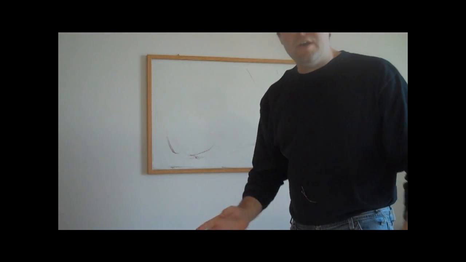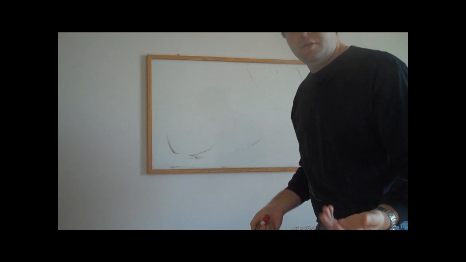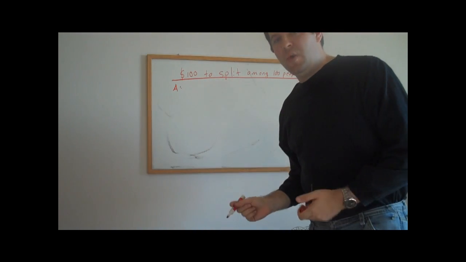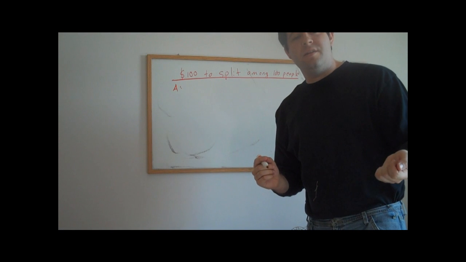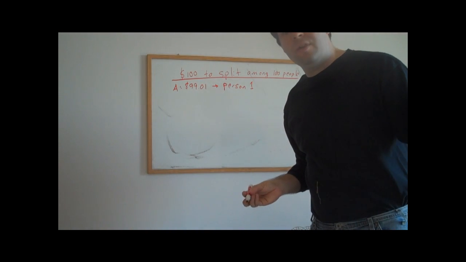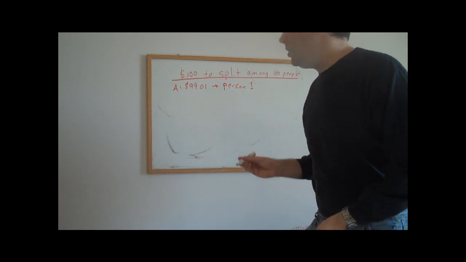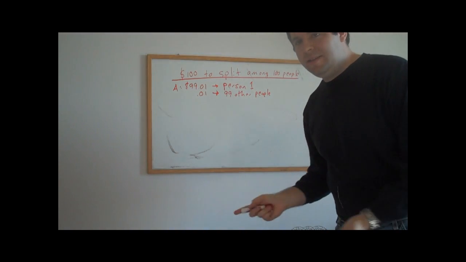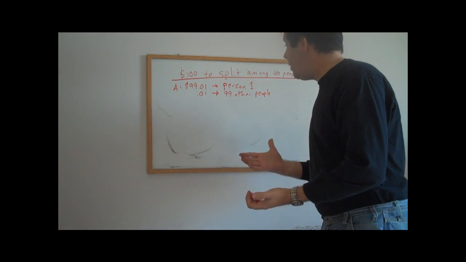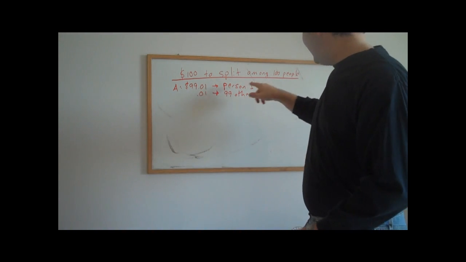So consider a very trite example. We have $100 to split among 100 different people. Let's consider situation A, where we give $99.01 to person 1 and 1 cent to every one of the other 99 people. You might object to this distribution of resources among individuals, but in order to make these 99 other